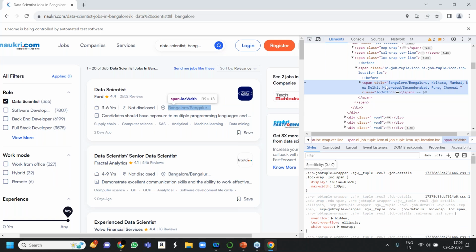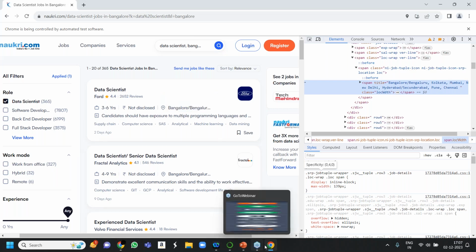See here, we don't have any class. So again, I will go for the parent class, this one. But my system is highlighting this part. So from here I will need to jump to here. You getting what I'm saying?